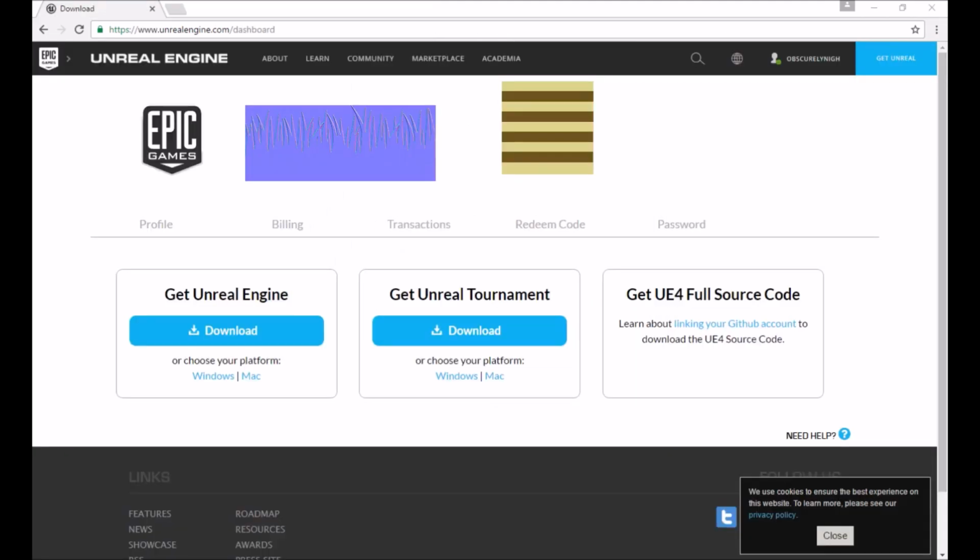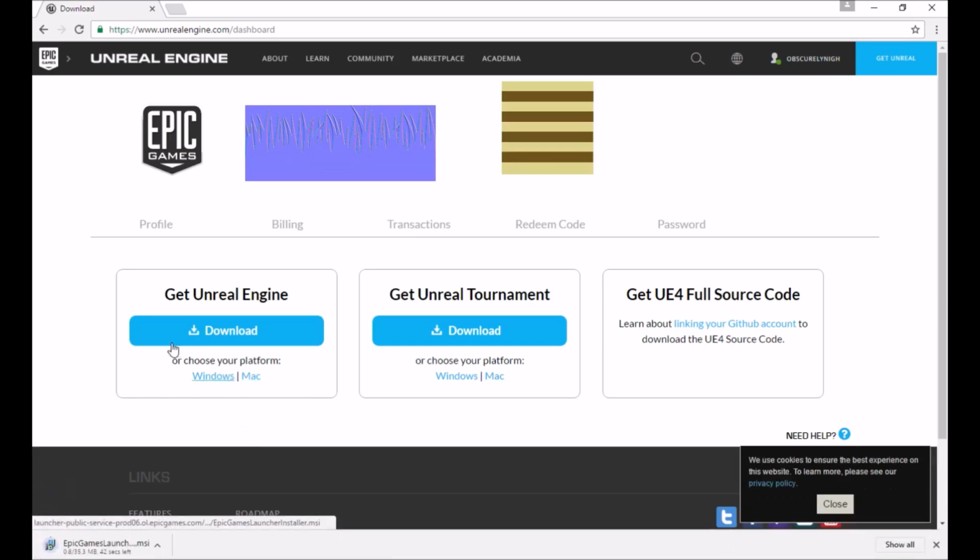So once you guys have made your account, you will see the screen right here. So what you want to do here is go to Get Unreal Engine, and down here you can choose either Windows or Mac. Depending on which platform you are using, you could choose either of these. I'll just click on Windows because I'm using Windows, and once you click on it, you will start downloading